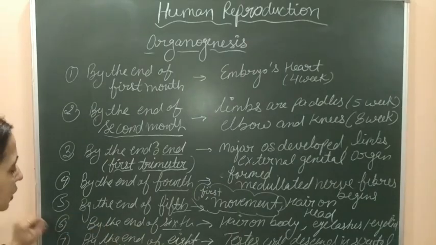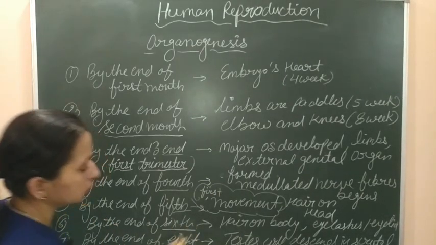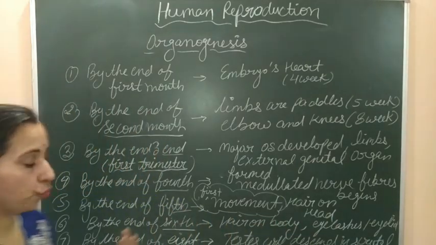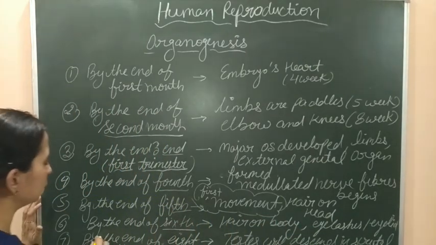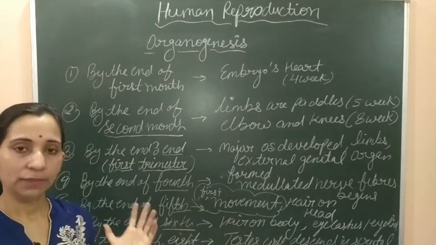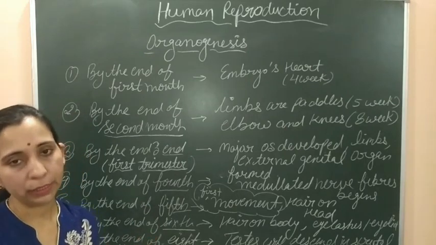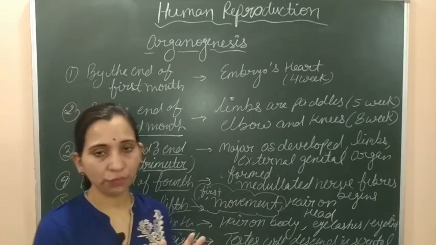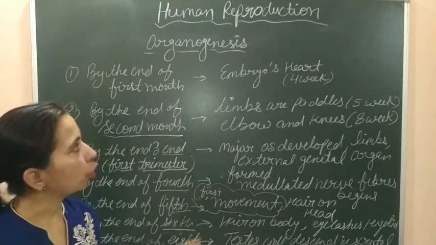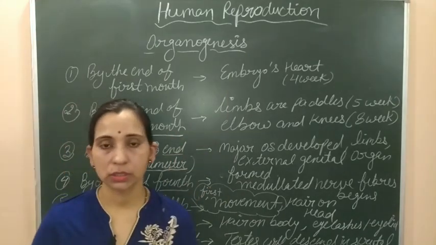And by the end of the sixth month तक पहुंचते होंगे एंड तक हेयर जो होंगे वो पूरी बॉडी पे ग्रो कर चुके होंगे. Eyelashes and eyelids will also form, and at the end of the 8th month the testes will descend into the scrotal sac, and then after the end of the 9th month, now baby is fully formed, or we can say embryo is fully formed and it is ready to take a birth. So this is about organogenesis, how organogenesis happens.